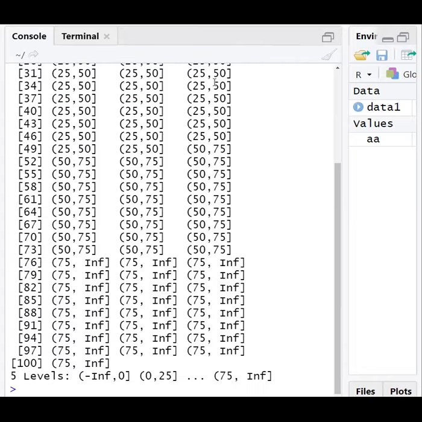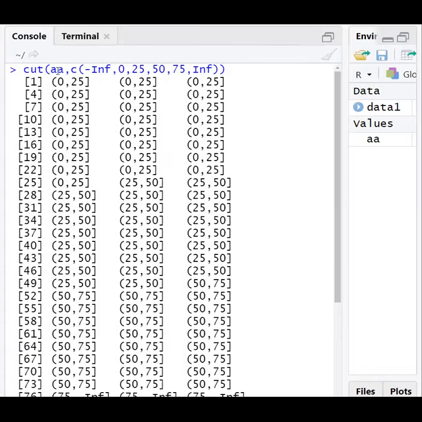Now, if you observe, the first value is between 0 to 25. So till how long is it there? 1, 2, 3, 25th. Look at the 25th. The 25th value is included in 0 to 25, because at index 25 we have the value 25.